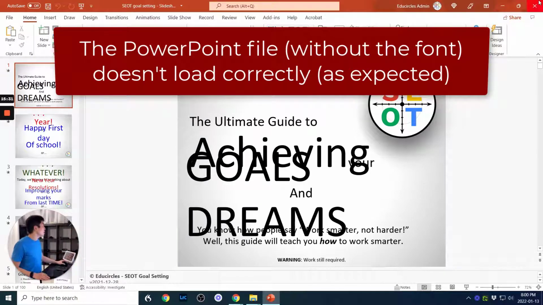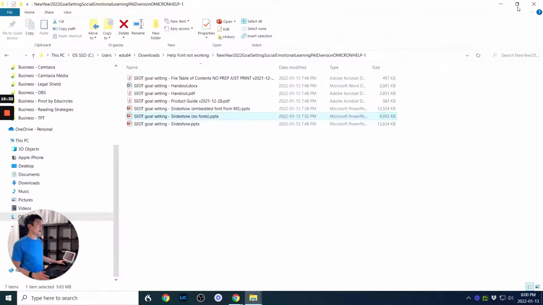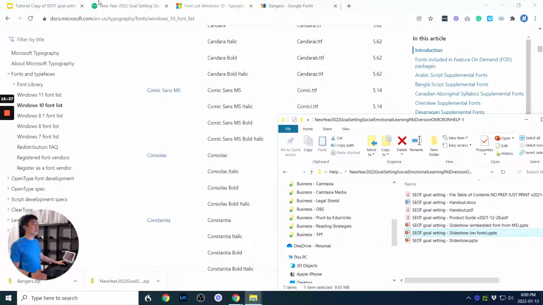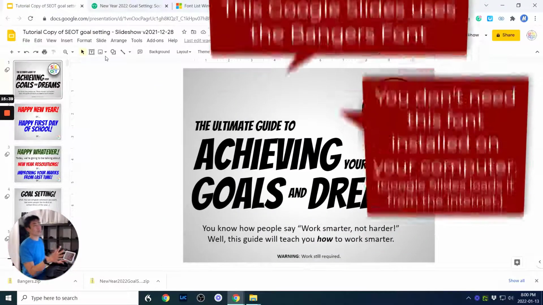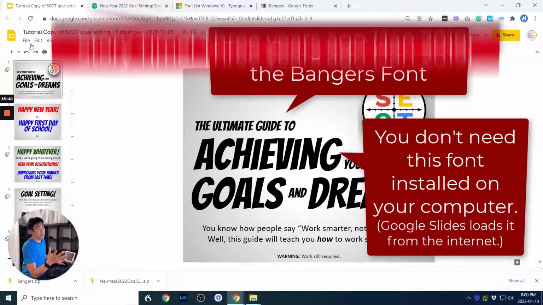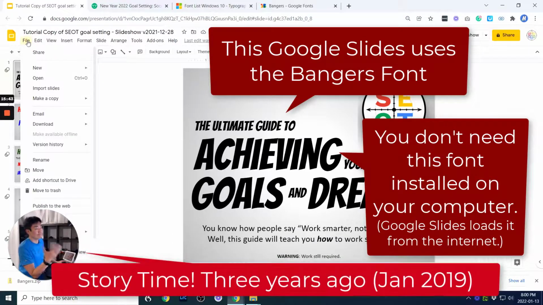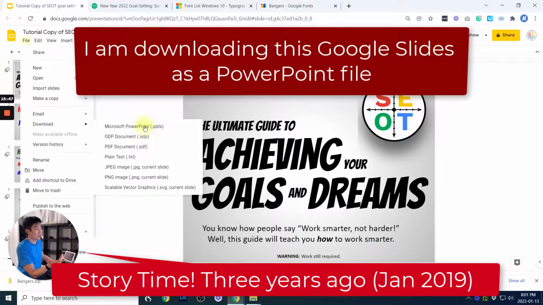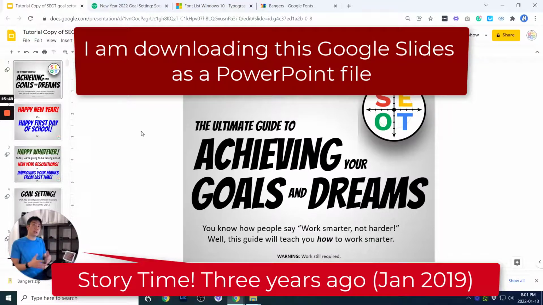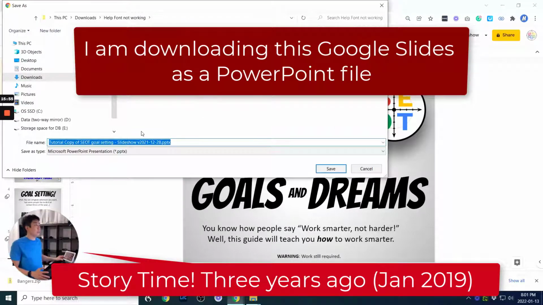Okay, so this is the part I want to ask the internet. All right, hello, wisdom of the internet. So here is my Google slide. And a long time ago, like 2 years ago, maybe 3 years ago, when I first downloaded this file as a PowerPoint file, it did not load on my computer, and I had to include the Bangers font into the document.